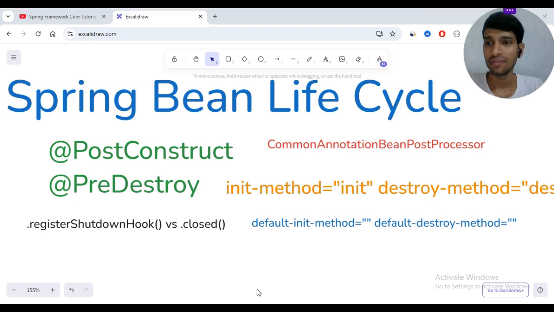This is the 11th video of that series where we'll be understanding the Spring Bean lifecycle. I will be introducing you to annotation-based configuration to understand the Spring Bean lifecycle using @PostConstruct and @PreDestroy annotations. Later on, I will come up with XML-based configuration to understand the Spring Bean lifecycle using common annotation